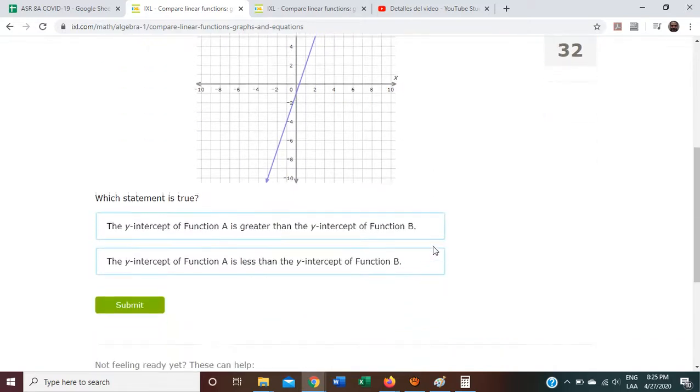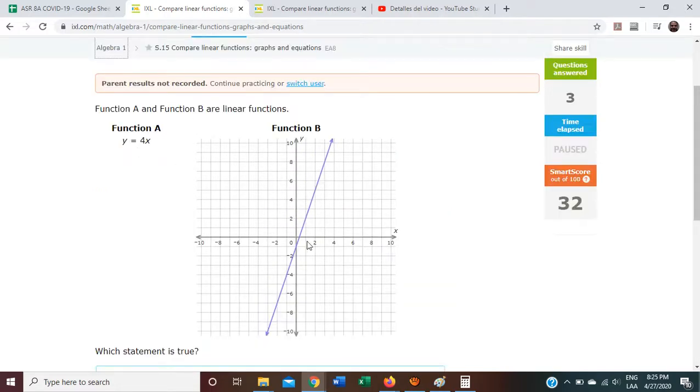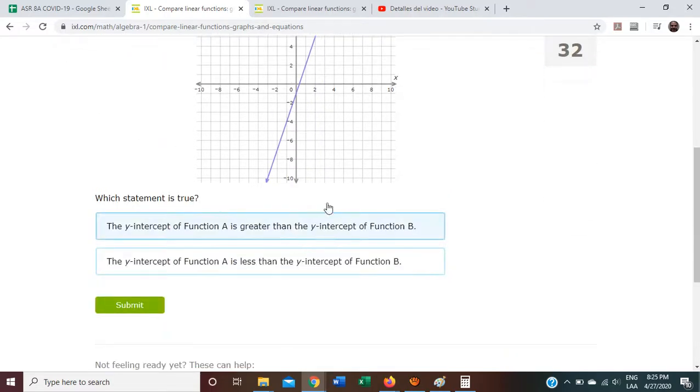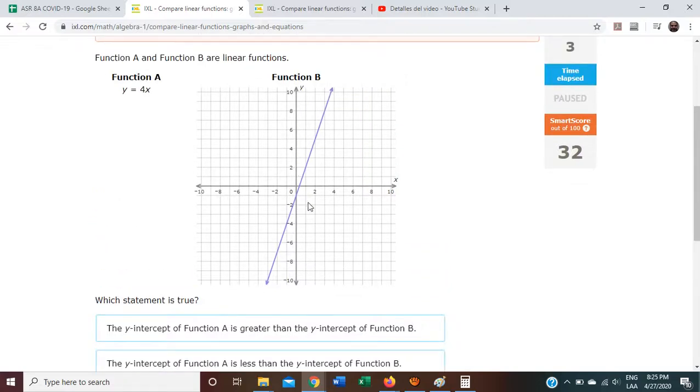Okay, so we read these statements. The y-intercept of function A, which is 0, is greater than the y-intercept of function B, -1. Okay, so all negative numbers are less than 0. Okay, so the first statement is true. We check it,